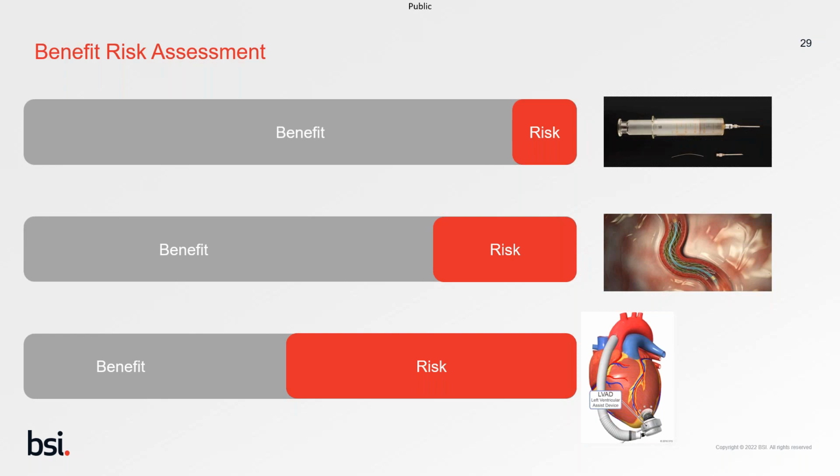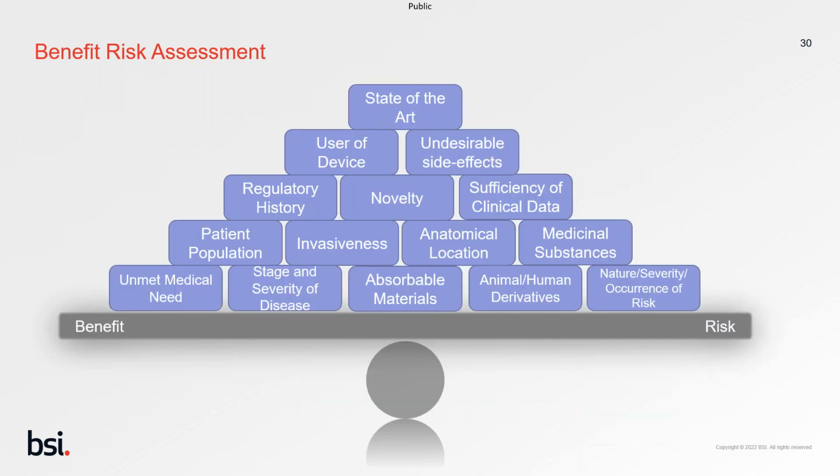And really that approach to benefit risk needs to be considered based on the device and its classification as well, and intended purpose, of course. Really, when you think about benefit risk assessment, you should think about everything that falls under benefit risk. And here I've tried to think of all the different areas that will impact benefit risk. How invasive a device is, where the anatomical location is, and really that needs to come through in your benefit risk statement about your device.